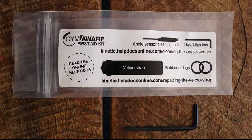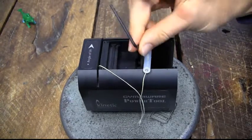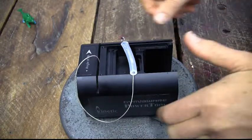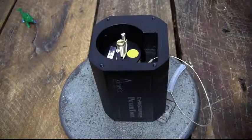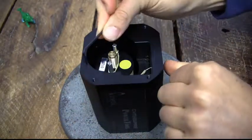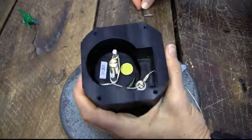Find your GymAware first aid kit, grab the hex or the Allen key, and this is just a standard 2.5mm Allen key. First thing you've got to do, which I've already done, is remove the end cap. So using your Allen key, simply undo the 4 screws on the cover and take it off, and that'll expose